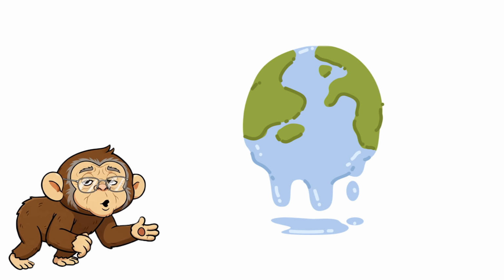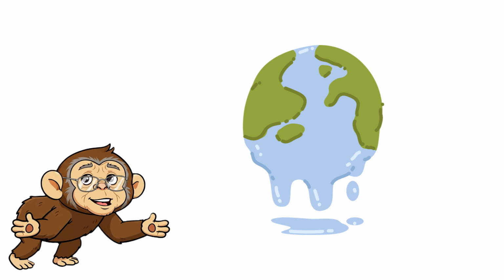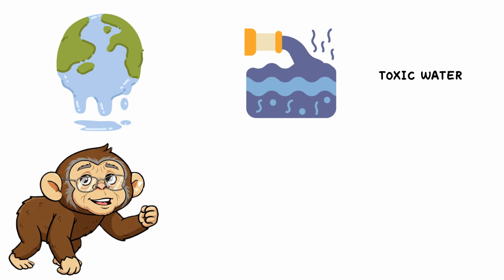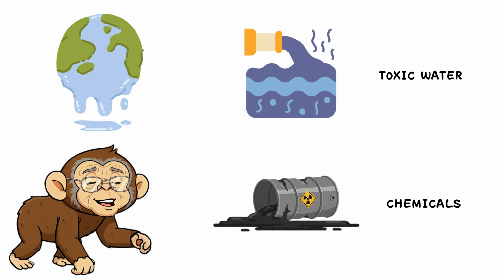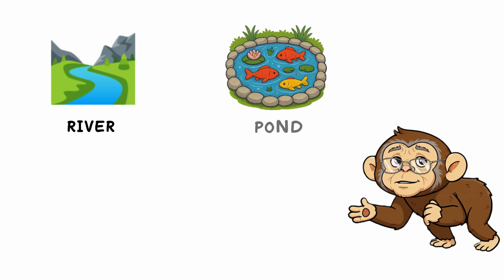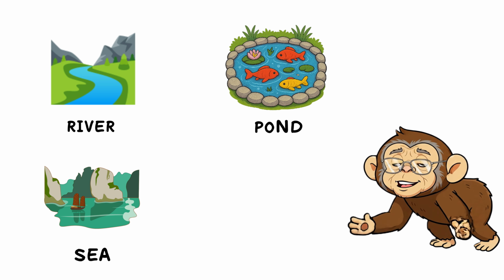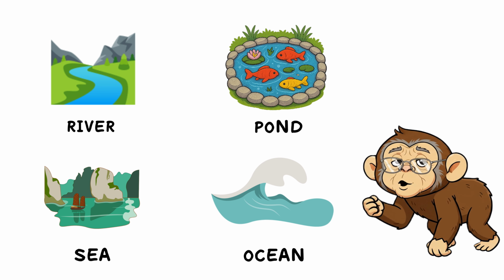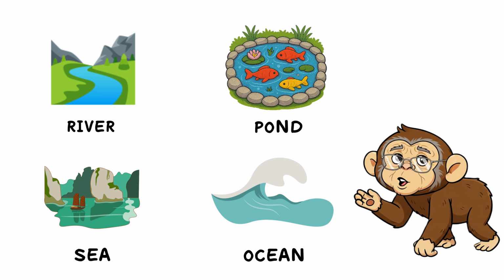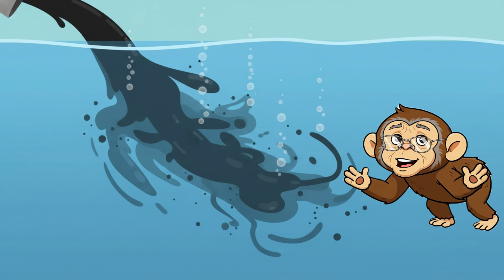What does water pollution mean? Water pollution occurs when toxic and dangerous waste, excessive substances, or particles enter water bodies such as rivers, ponds, seas, and oceans, gradually dissolve in them, float in the water, or settle on the grass. That is truly terrible, leading to a decline in water quality.